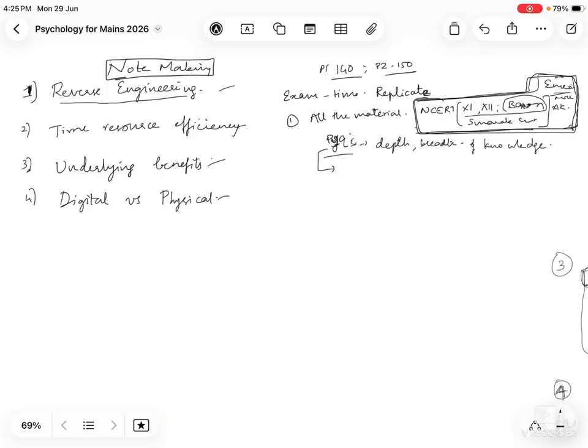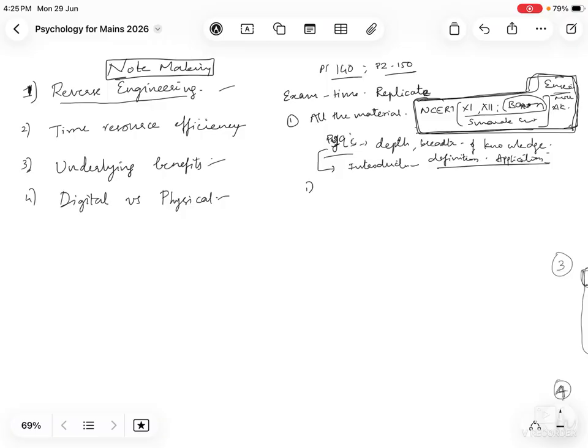ठीक है. So there are certain thumb rules for answering in psychology. First thing is introduction कुछ होना चाहिए. So definition by a psychologist or any case study or any application related definition introduction. So तरह तरह के introductions हो सकते हैं. So look at what is your style and what is the question demanding and what is the knowledge that you already have and what is that you miss and what is that you already have and you are not able to remember in the exam.